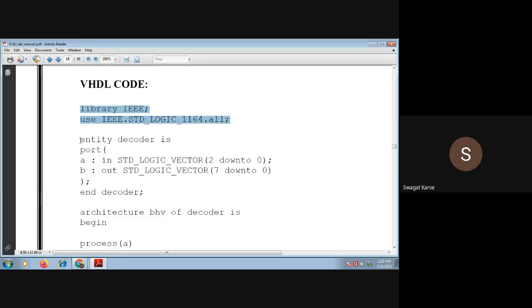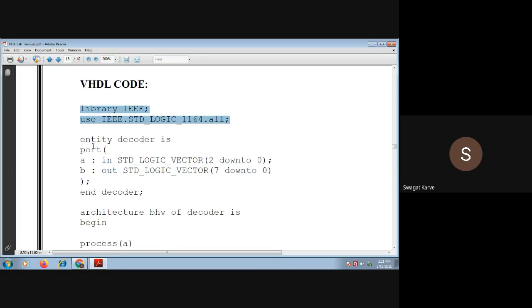For the architecture, you can choose the appropriate style: behavioral, data flow, structural modeling, or sometimes mixed style modeling, which is also allowed. Now, how have we declared the entity?